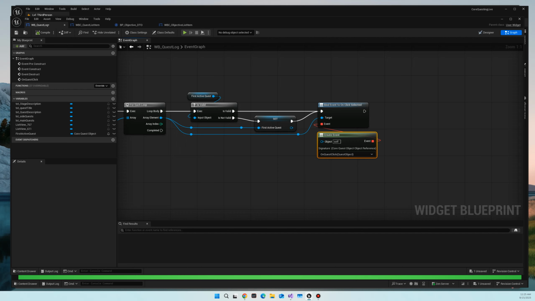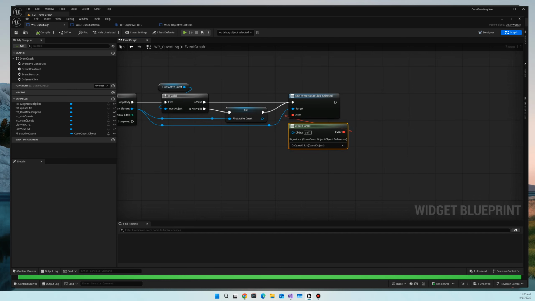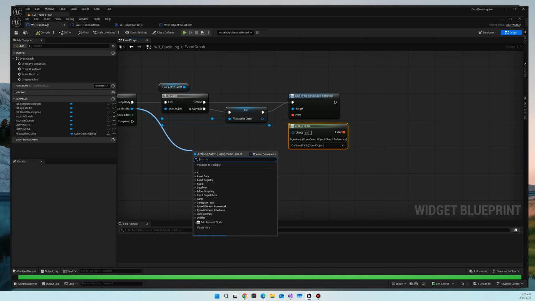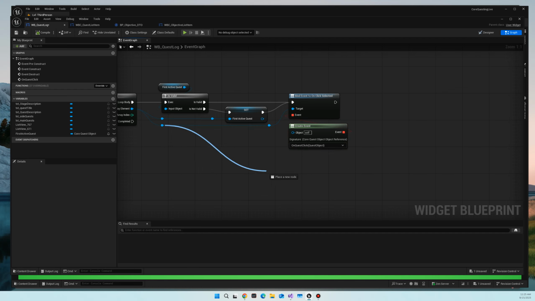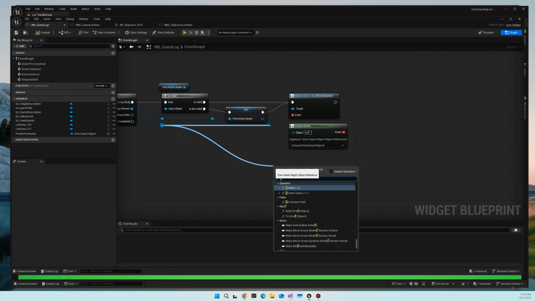And then what we want to do is figure out which of these lists we want to put it into. Do we want to put it in main quest and act, or the side quests? To do that, and if you have other sections you could do it other ways, all I'm going to do is drag it off this node here, and I'm going to say get